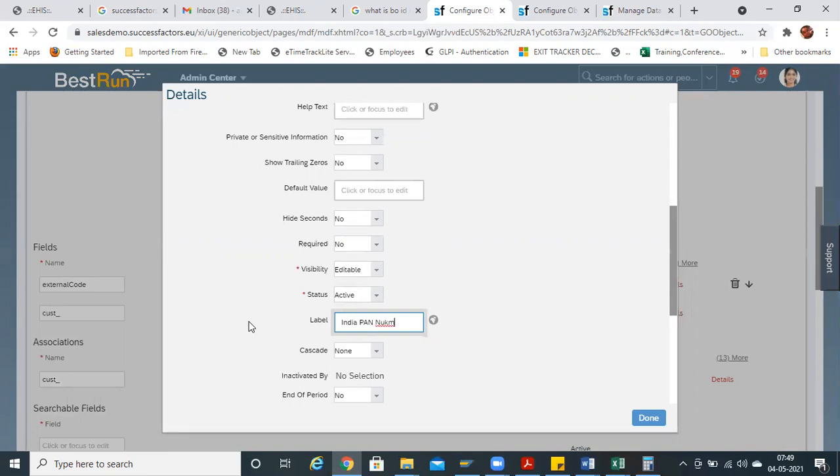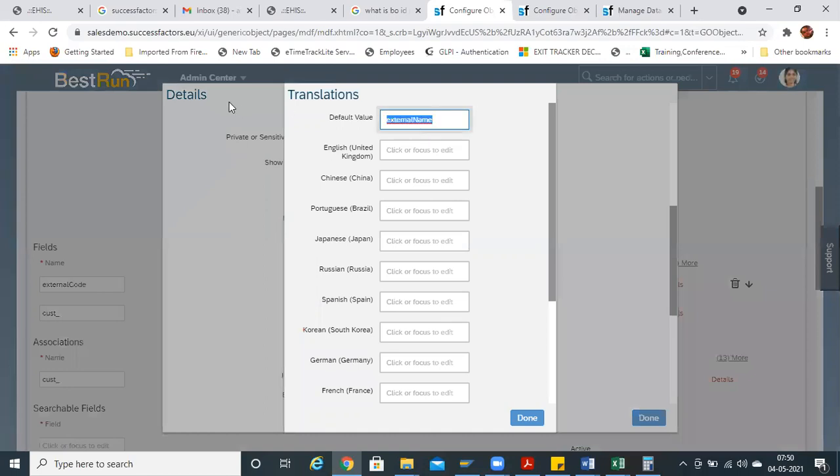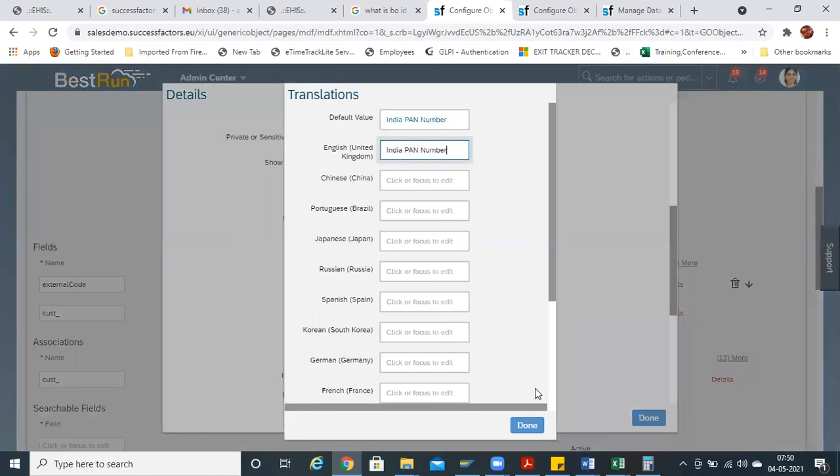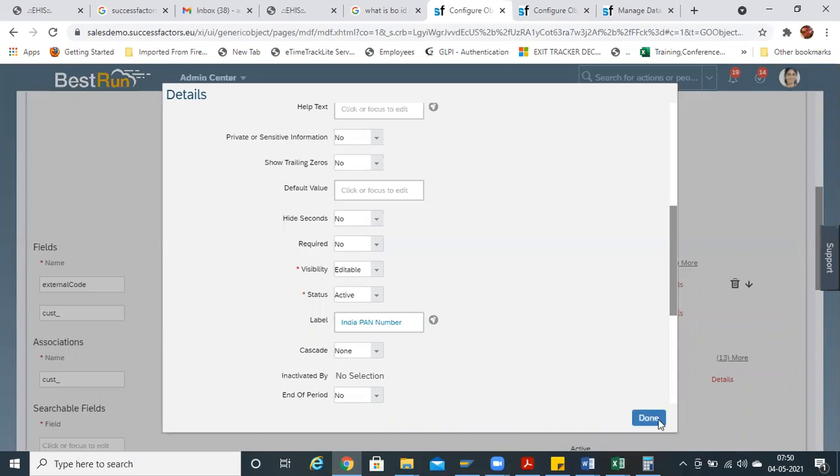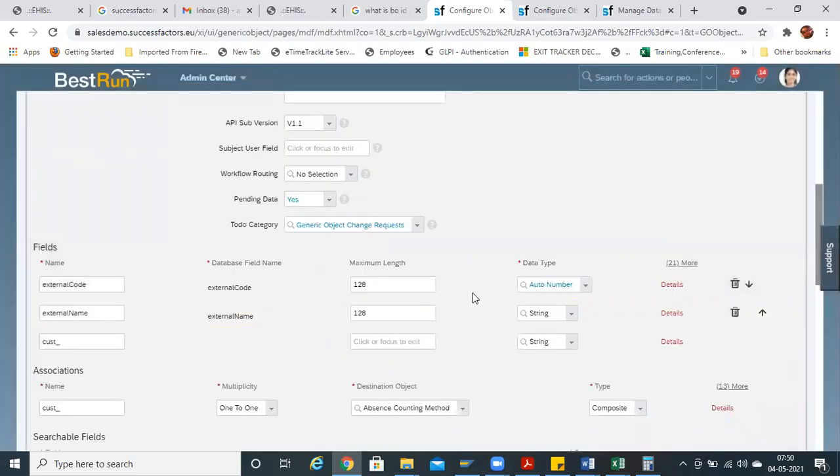NUM, PER number. Done. Suppose we want the effective date of the PAN number as another custom field.